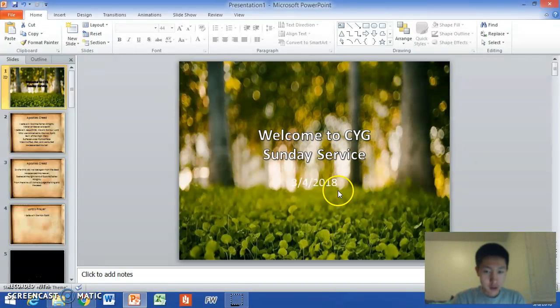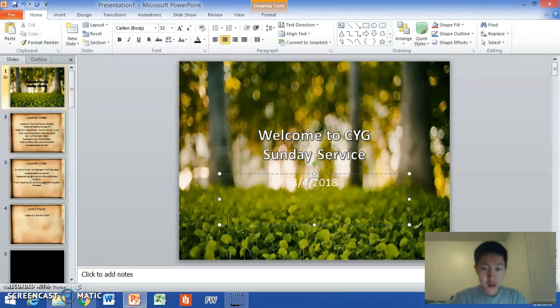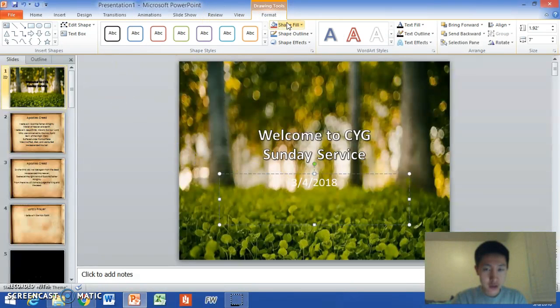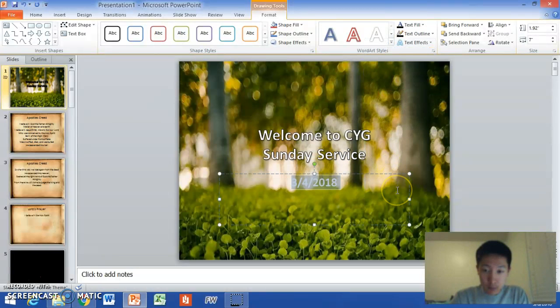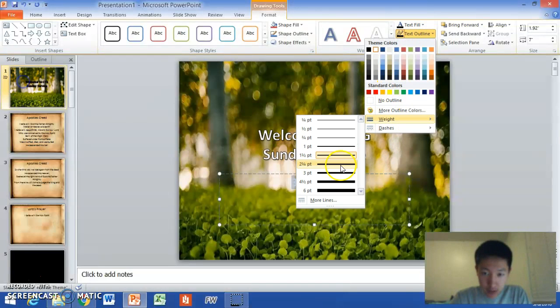We can use an introductory welcoming and make that bigger, and make the date a bit bigger, and use the format tools that you can use to really make the text really stand out as well,